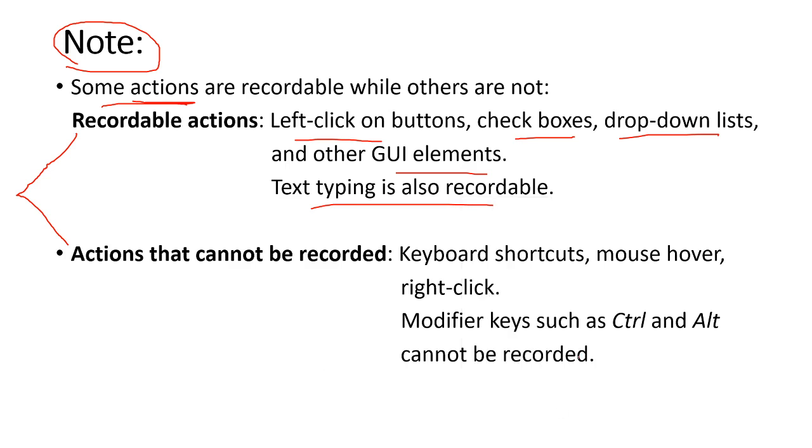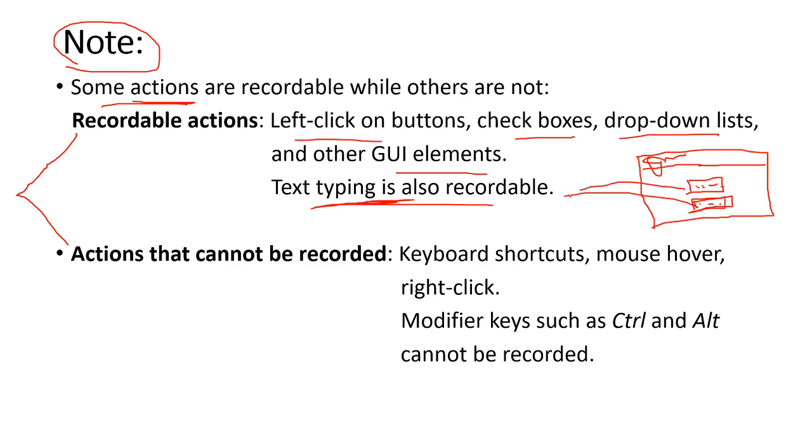I will give an example here itself. Text typing means, let us assume this is a browser, and in the address bar you have typed gmail.com. Then obviously you will get a UI where it will ask you to enter the username, and when you click on next it will ask for the password, right? Okay, this text typing means that what the user types in this text field or in the password field can also be recorded. This is the meaning of text typing being recordable.